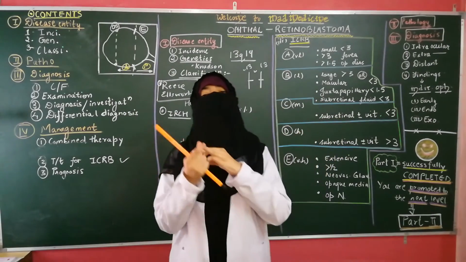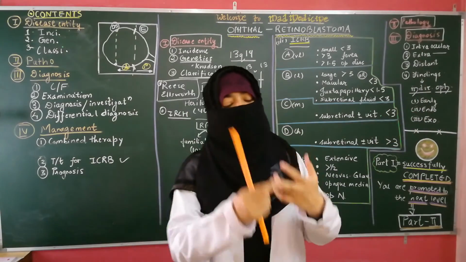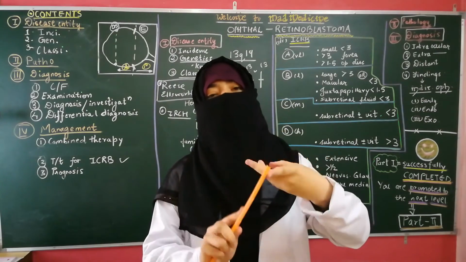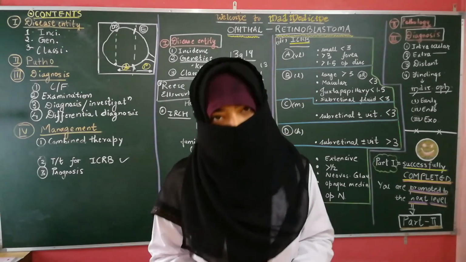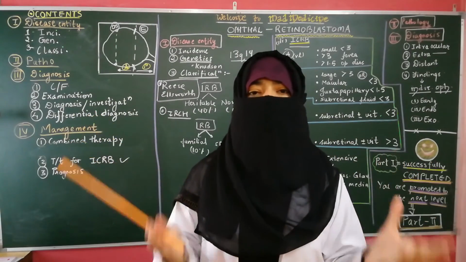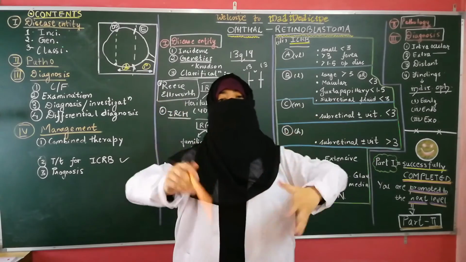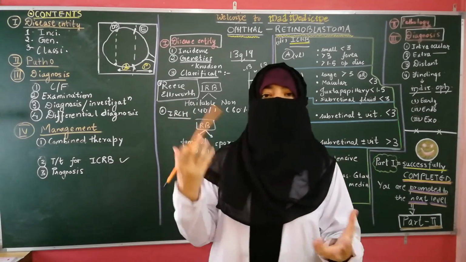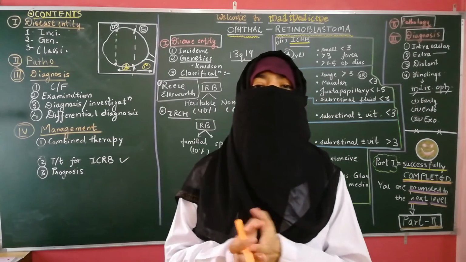It could be an early intraretinal tumor or the diffuse infiltrative type. Both are same things. Number 2, it could be an endophytic lesion. And number 3, it could be an exophytic lesion. So if it is the first one, an early intraretinal tumor, that means it will show a homogeneous white placoid lesion. Number 2, if it is endophytic, then it will invade and grow inwards into the vitreous. Okay, it will show a white polypoidal growth. Sometimes the surface can be pinkish or reddish because of hemorrhages.